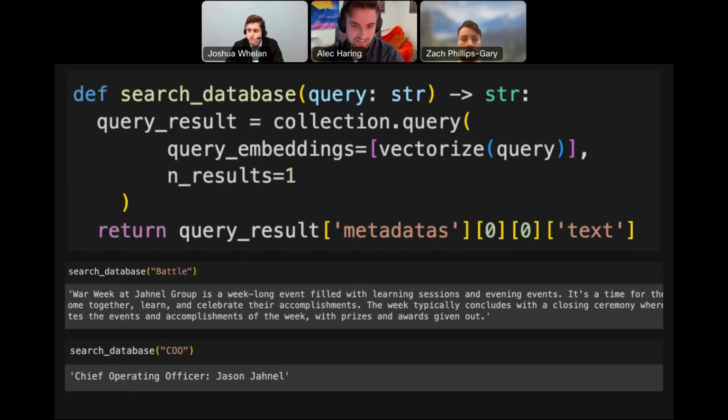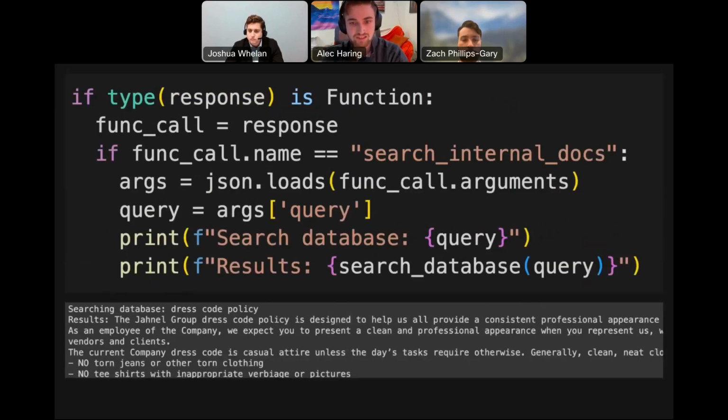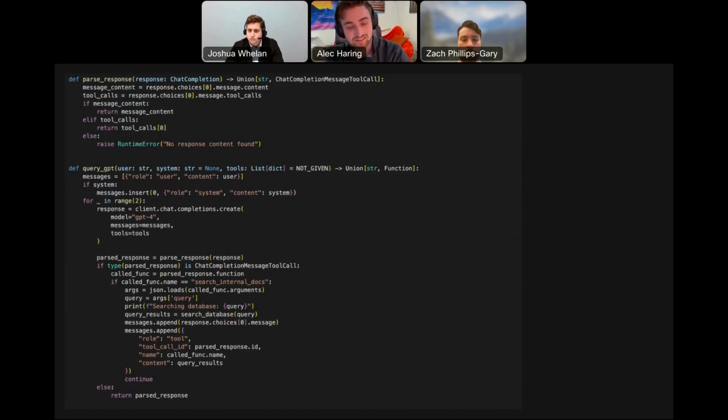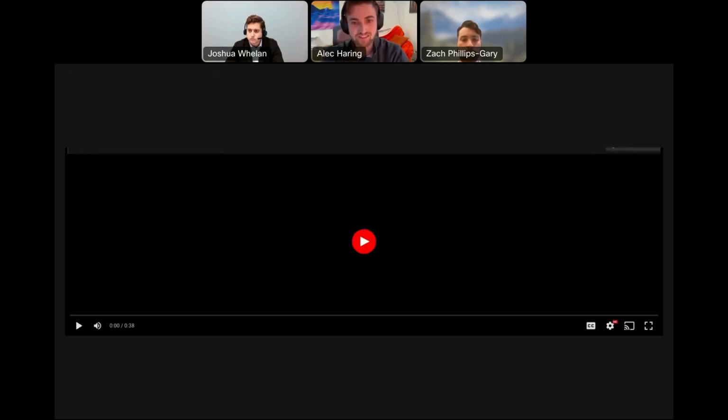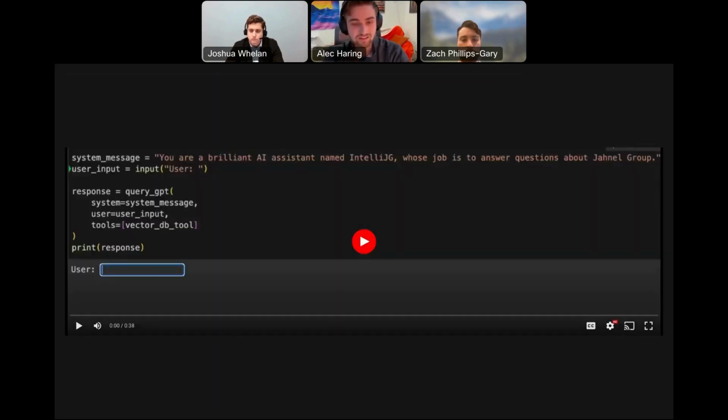And if we search something like COO, it understands COO and Chief Operating Officer are semantically similar. And that's why it responds with information about the COO, Jason Jahnel at Jahnel Group. So now if we glue all of this logic together and modify the query GPT function to have this new logic, we get a result like this, where I can search something like